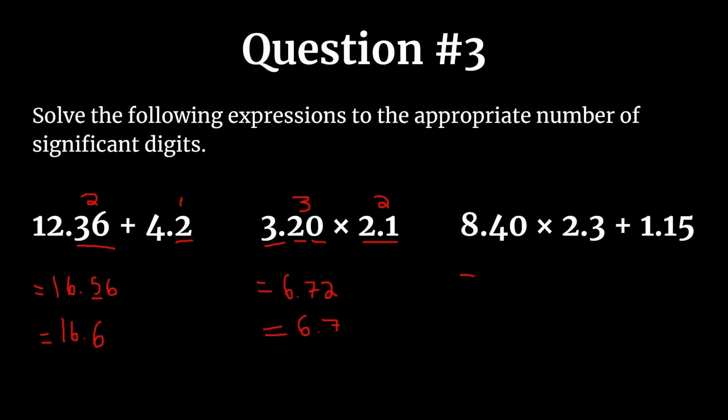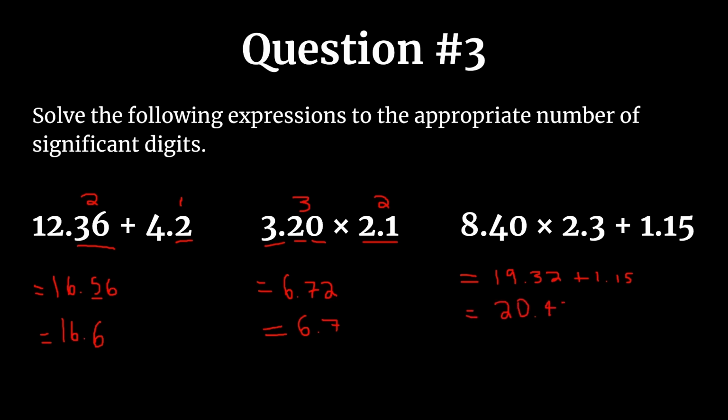Now here we have a multi-step operation, a multi-step expression. First, and as per BEDMAS, we are going to multiply 8.40 by 2.3, and so we have 19.32 plus 1.15. We are not going to round right now. You only round your final answer at the end of the operation, at the end of your calculation. And so we add these two numbers together, and we get